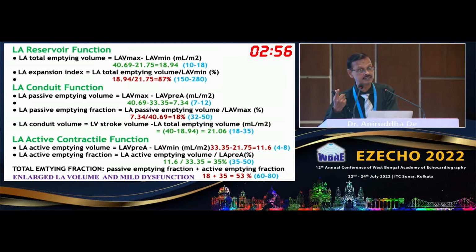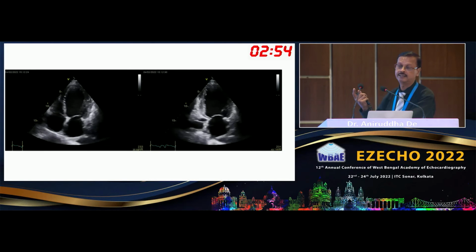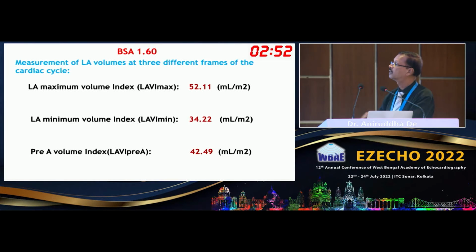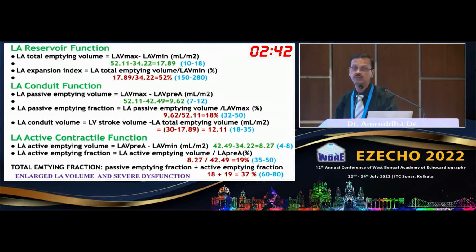from the volumetric studies. And another case, the third case, in the same way, this is the plot. You see, there's the largest volume in the maximum volume, and the minimal volume in the pre-A volume. And now we jot it out. You find almost everything is abnormal. You see LA expansion index is abnormal. The emptying fraction is abnormal. Conduit volume is abnormal. Even the active emptying fraction is abnormal. And the total emptying fraction is grossly abnormal. That means you can conclude this is an enlarged LA volume and severe dysfunction of the LA, only from